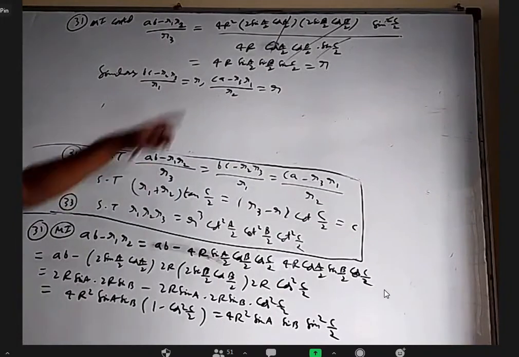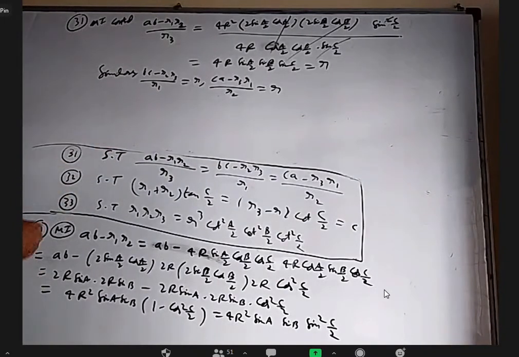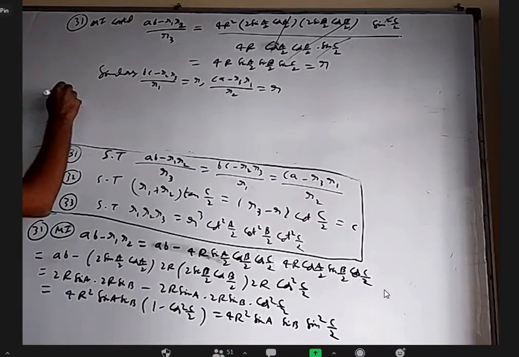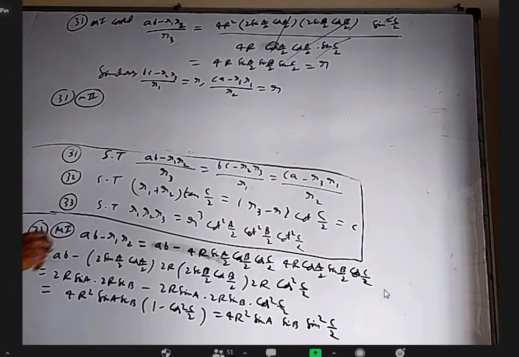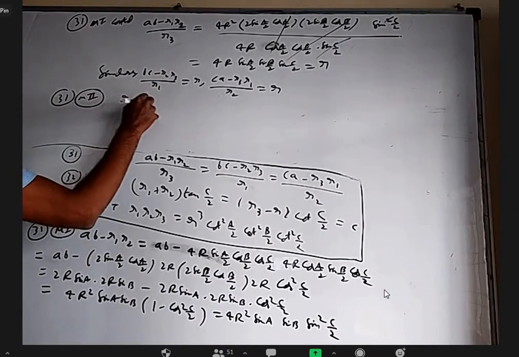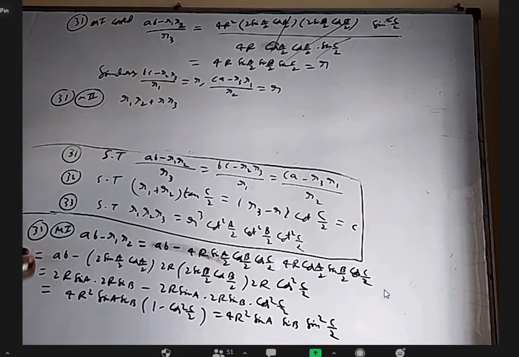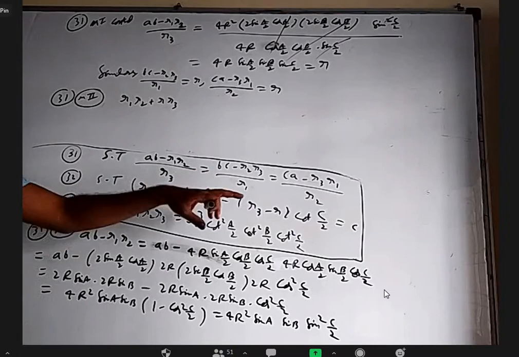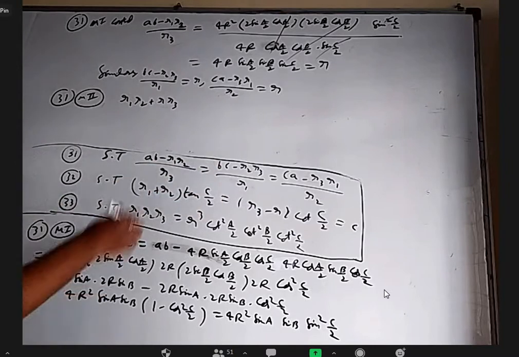Okay, now I got the answer. With that hint, it is easy for me. So I'm going to do another thing where I'll prove R1R2 plus R3 is equal to AB. Don't ask me why I'm starting with this. I know this is equal to R, so I'll get R3 plus R1R2. Let us see what happens.